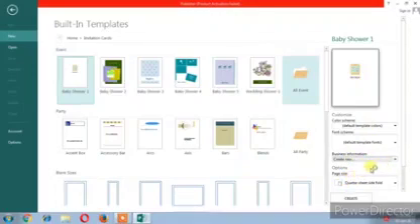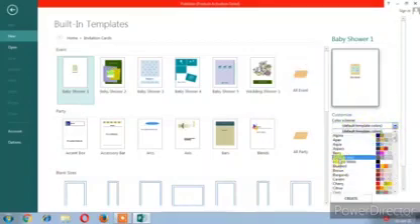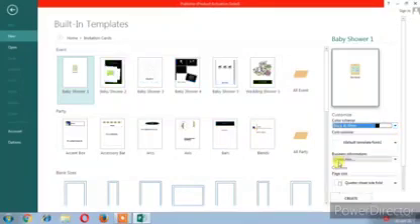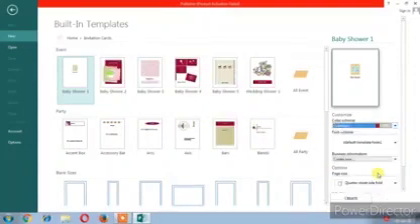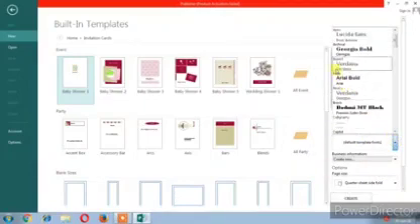The templates offer change color scheme, font scheme, paper size and layout style. You can choose any one of the paper style, that is layout. Then click on create. Then automatically it will appear on the screen.